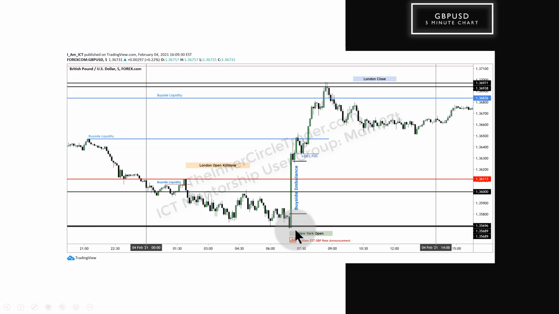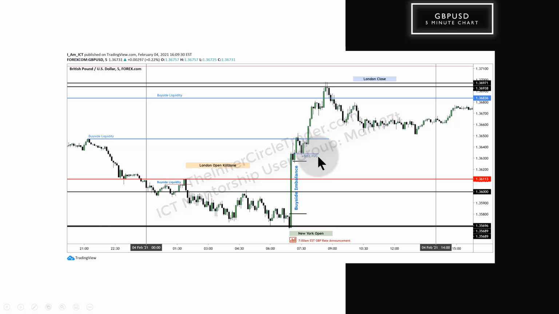So market trades right at the beginning of New York open, which is 7 a.m. Drives down into the fair value gap. That's, again, it doesn't look like a fair value gap. If you quickly look at it, it just looks like a big thick black line. It's not. It's two separate lines. The market runs from that, creates a buy side imbalance, sell side inefficiency, attacks the buy side liquidity here, bullish order block, trades back down with fair value gap. It's too tight in there for me to annotate that,